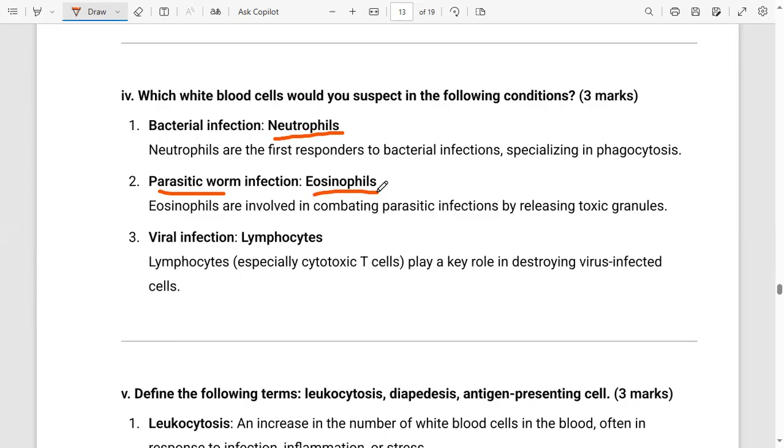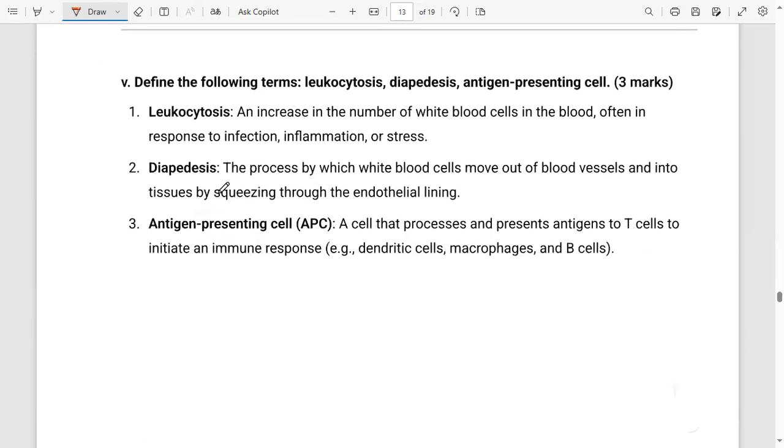And then for the viral function, it is the common what? Lymphocytes. These lymphocytes play a key role in destroying viruses. So always know, if you talk about bacteria, we're talking about the neutrophils. Parasites, eosinophils. Virus, lymphocytes. These questions will definitely come in your exam because they just like them. All right, and then the last one here, they're saying define the following terms. We have